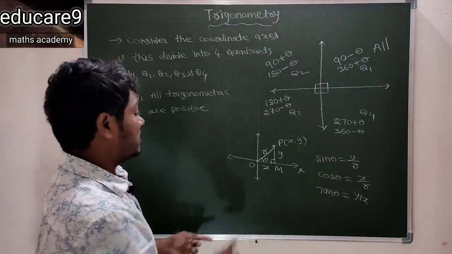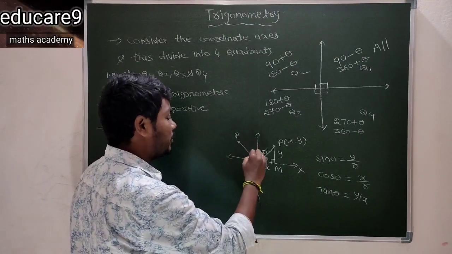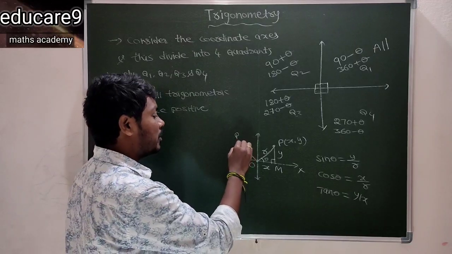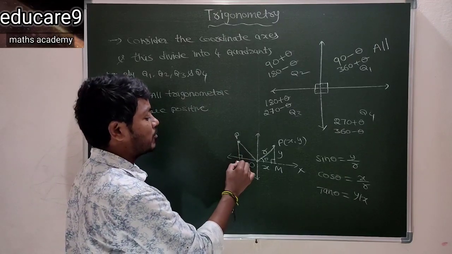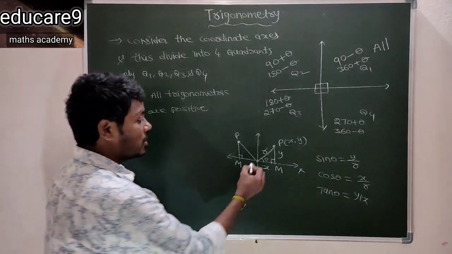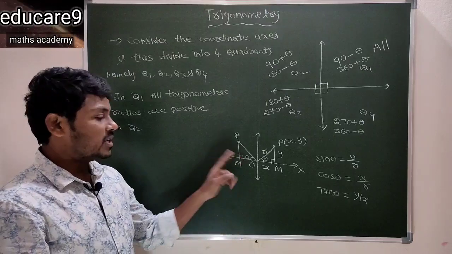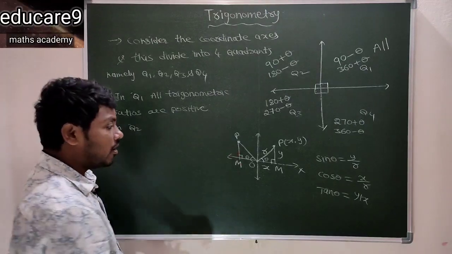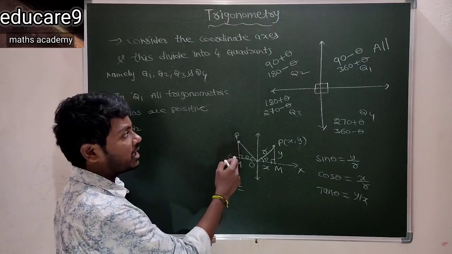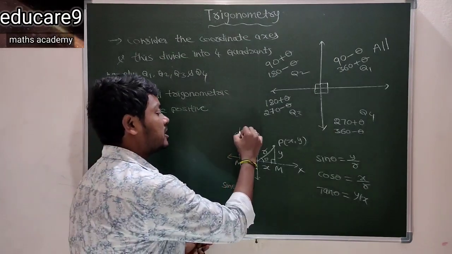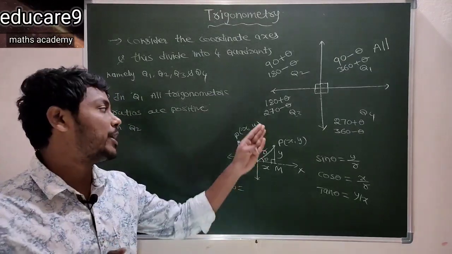Okay, second one, in the second quadrant, that means Q2. See here, this is the second quadrant. So take any point. So join O and P and draw the perpendicular line to the x-axis from the point P and meet the x-axis at M. Suppose this angle is theta. Okay. Now from this triangle find sin theta. So what is sin theta? Opposite side, this vertical distance. So the point is (minus x, y) now, because in the second quadrant x is negative, y is positive.